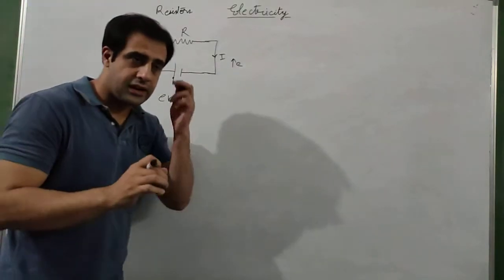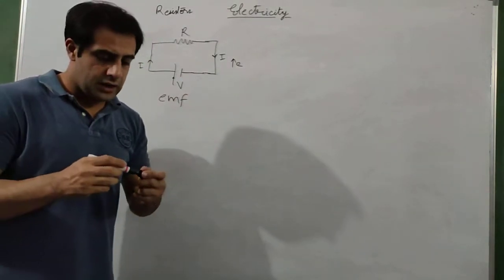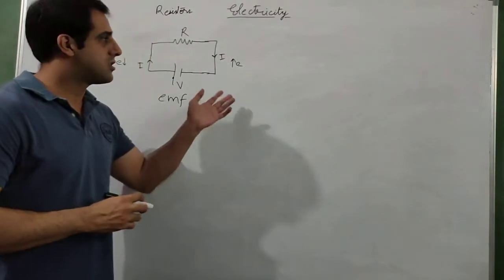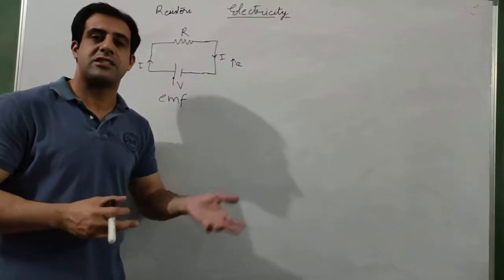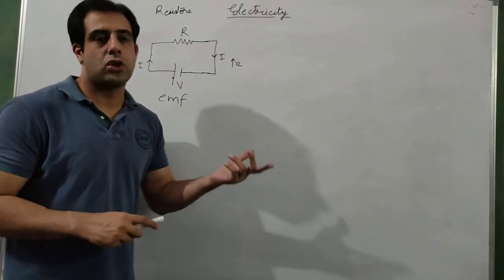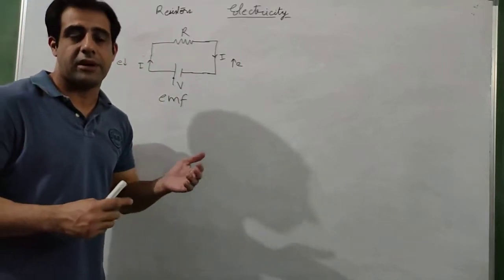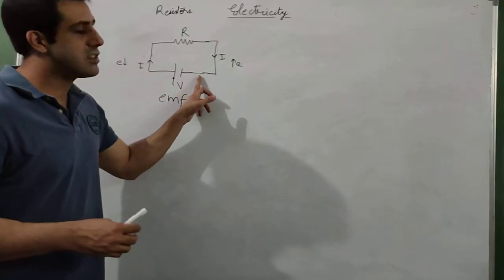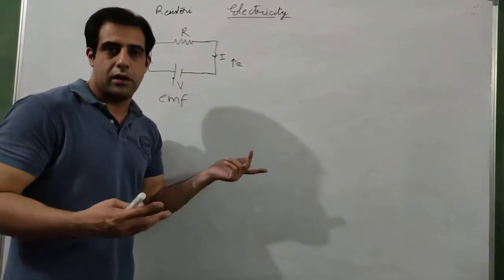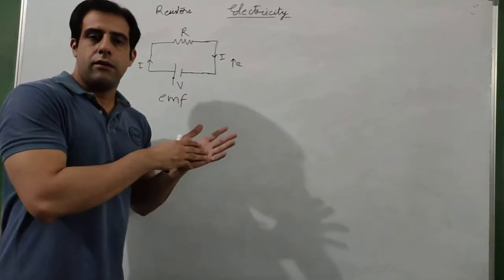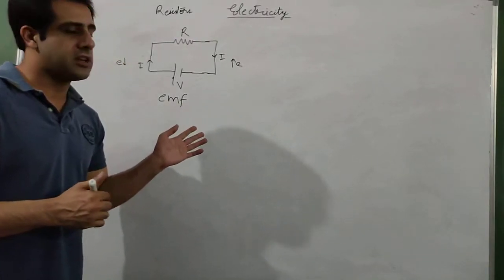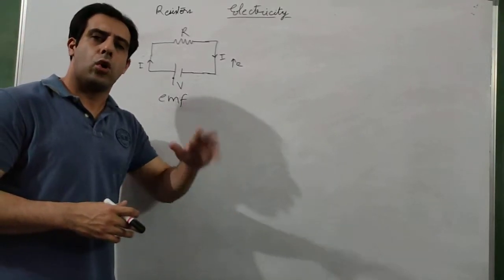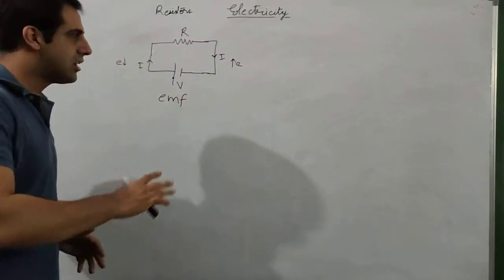Okay, always remember that. It is a bit of a problem. It is kind of a fallacy, something wrong that happened in history, because the electrons were discovered later. The current was discovered before electrons. So scientists thought that current is flowing from positive to negative, but then later on when electrons were discovered, they found out that the electrons are actually flowing from negative to positive terminal. But we still use the same notation, which is why it is called the conventional direction of current. Conventional direction means the old direction that we used to take. So we are still carrying on with it.